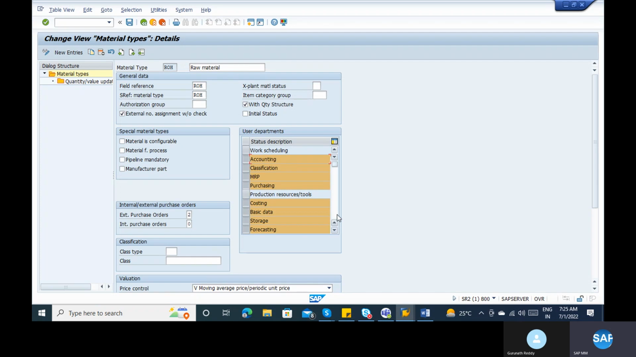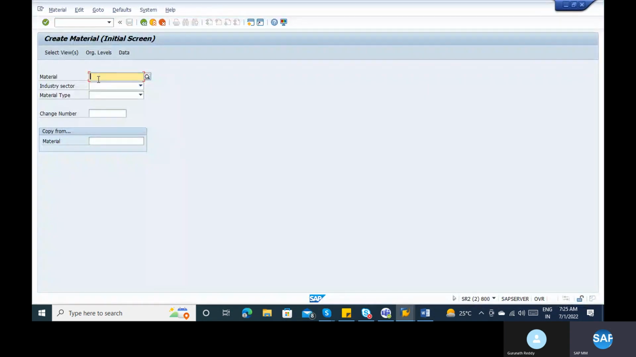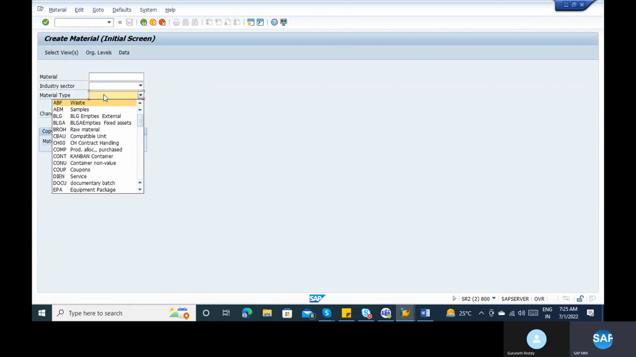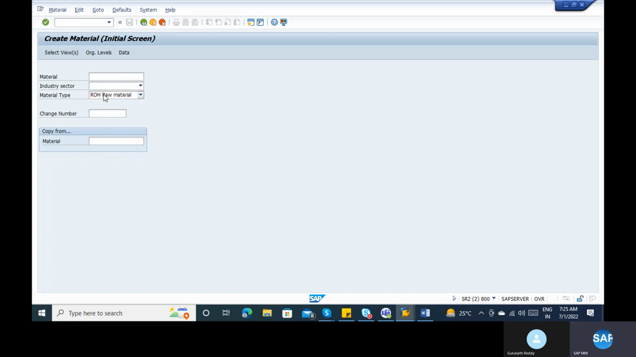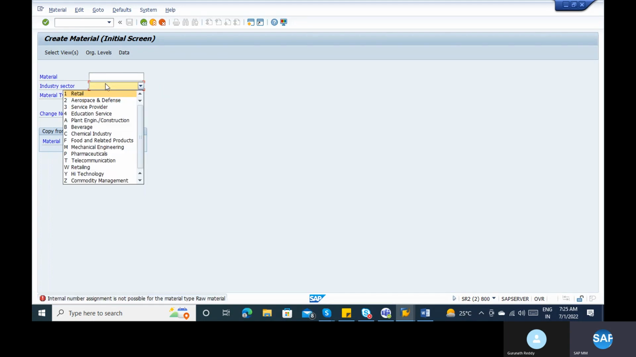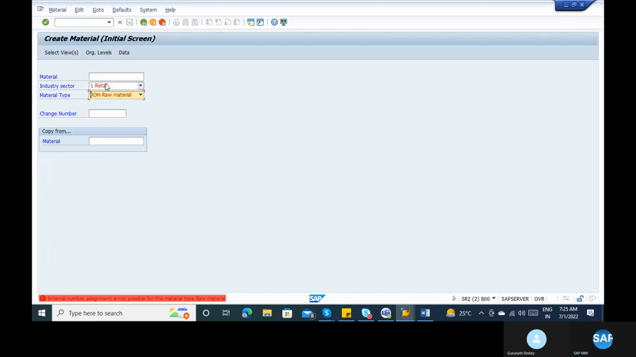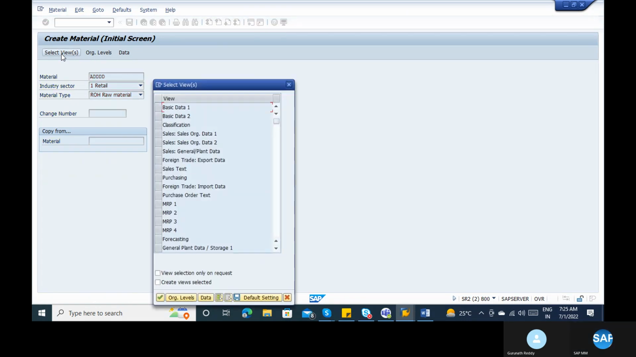So let's say I create a material master record. I will go with MM01. In MM01, I just selected the raw material, ROH. Let's select anything here that is not internally assigned, so let's say I will give something like AAA. Now when I select the views, the selection views, if you see,